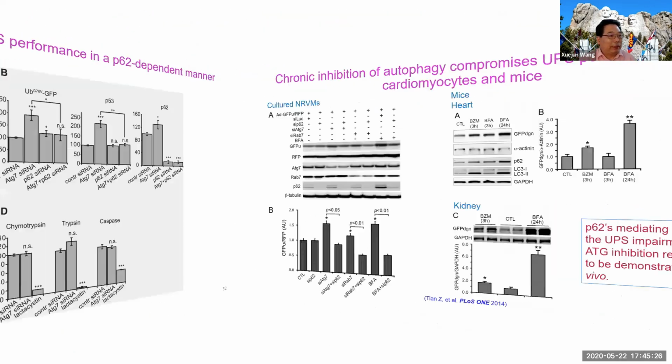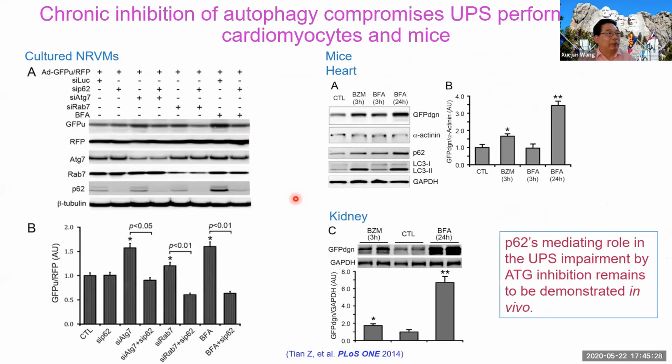So what we have confirmed actually happened in cardiomyocytes as well. In cultured neonatal rat cardiomyocytes, we used different ways, including ATG7 knockdown. In addition, we also used bafilomycin A1 to inhibit the lysosome, or used siRNA to knock down RAB7, which is important for the fusion of the autophagosome with the lysosome. In all cases, P62 is increased, and very importantly, when you knock down P62,